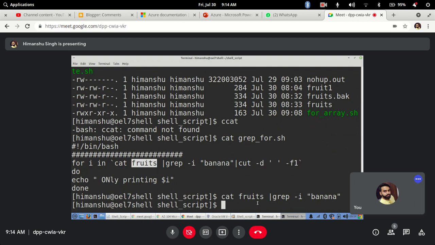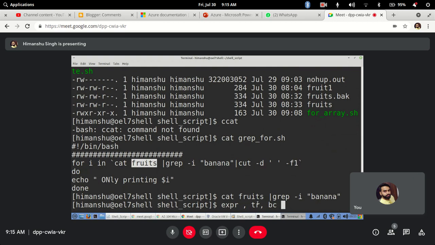A few commands you should also look at. The expr command is there; try to search how the expression command works. The tr command is there, and the bc command, which is the basic calculator command.